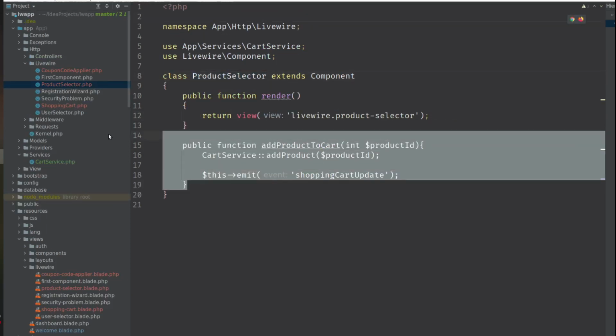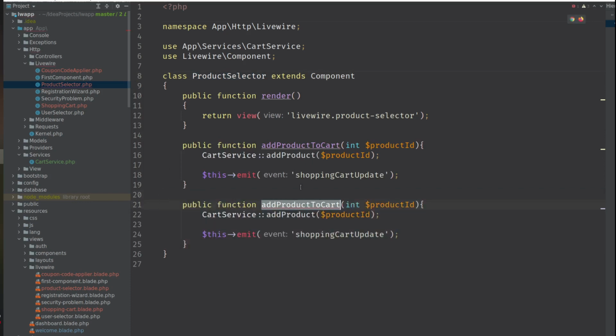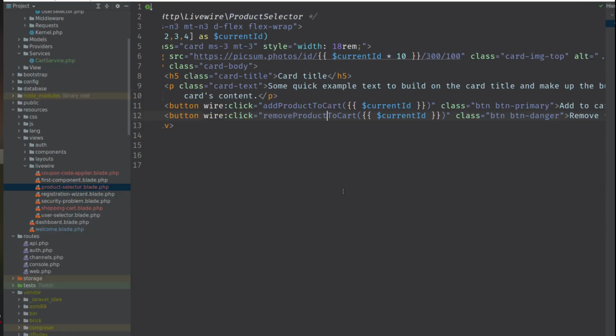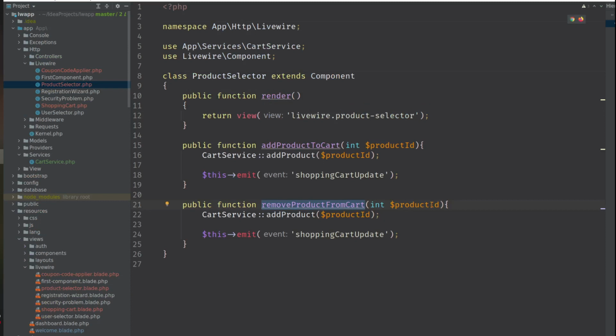Add product to cart. Now we do remove product from cart. Remove from cart. Okay, it gives us a product ID. Instead we would create a remove function, but